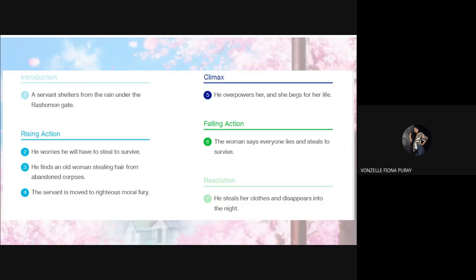The old woman dealt with that problem by doing whatever she can. She cut snakes and sold them and even meddled with the corpses lying on the ground. The man, on the other hand, dealt with this problem by resorting to violence and stealing from the old woman. For me, both of them persuaded me in dealing with survival because just as the old woman said, everyone steals in order to survive. Considering that both of them had nothing, it was understandable why they did something immoral, just like stealing and meddling with the corpses, sir.